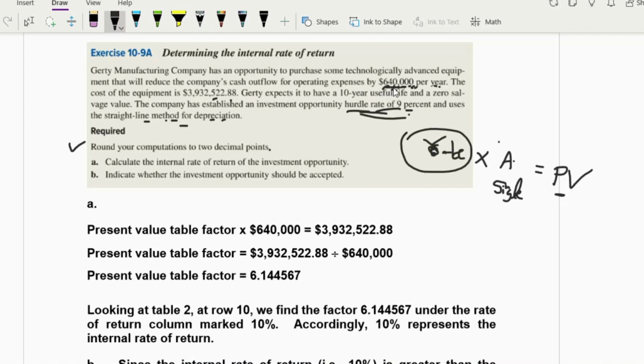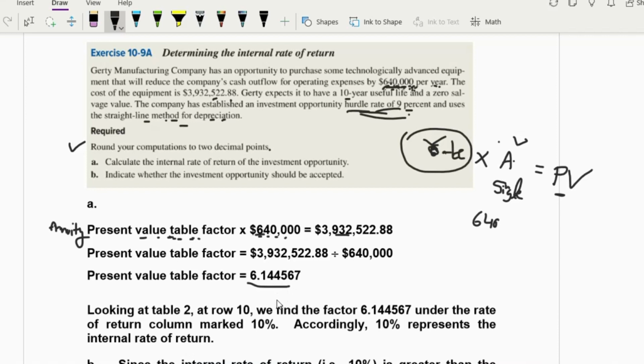Now if you see the amount which we are receiving every year, that is the same amount, so we can use the annuity formula. The life is 10 years, right? So what we do usually, rate multiplied by the repeated amount, which is 640,000, and it's over here, the present value table factor multiplied by the repeated amount. Don't forget, this one is an annuity because it's a repeated amount, not a single amount. It is equal to the present value, or the investment which you are going to do today. Now if I want to find this factor, I need to divide this amount with this one. So when I divide it, the factor becomes